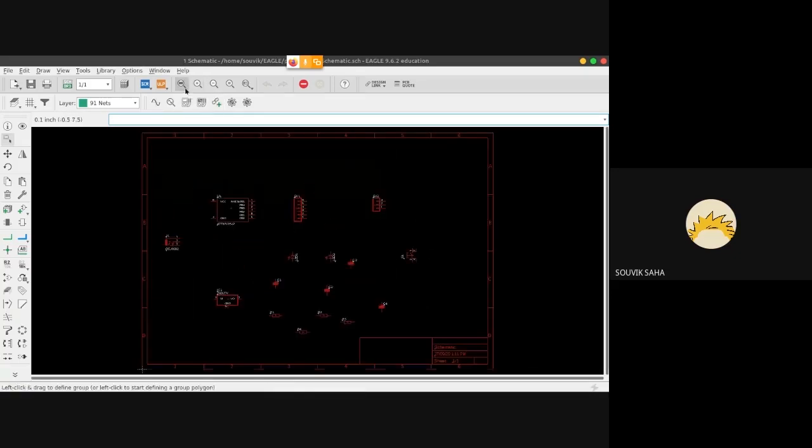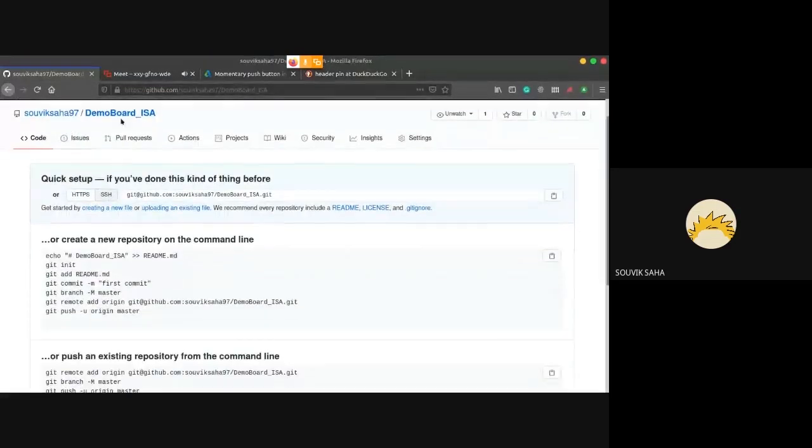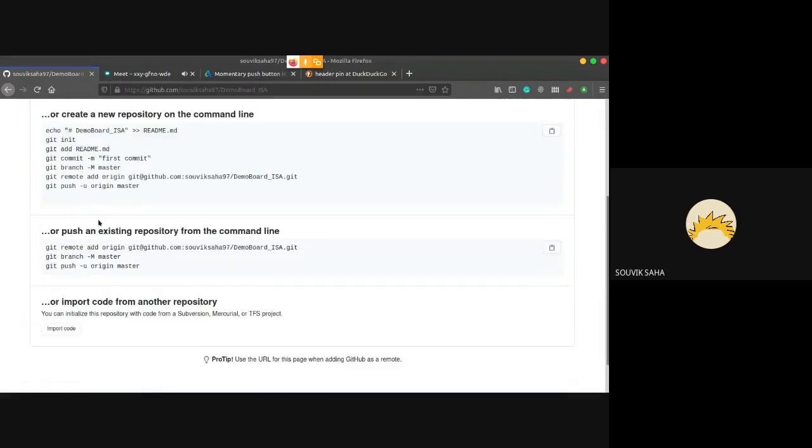So I'll just quickly show you how it's like to add this file to a repository in GitHub. If you all remember, at the beginning of the session, I had made this repository on GitHub called demoboard underscore ISA. So I'll just quickly add this Eagle project to that repository, and then I'll show you what it looks like.